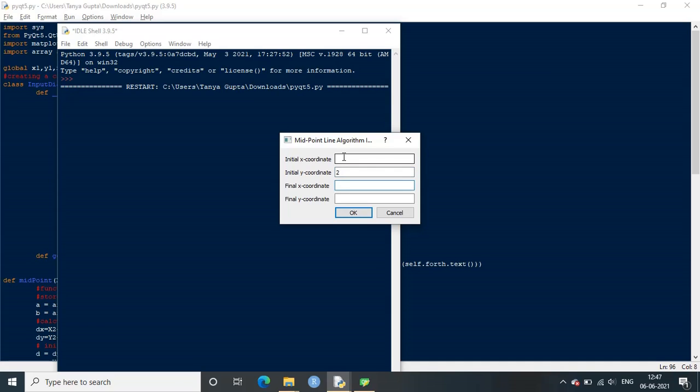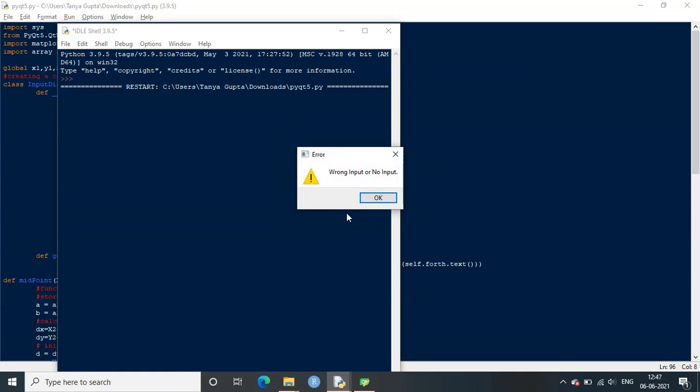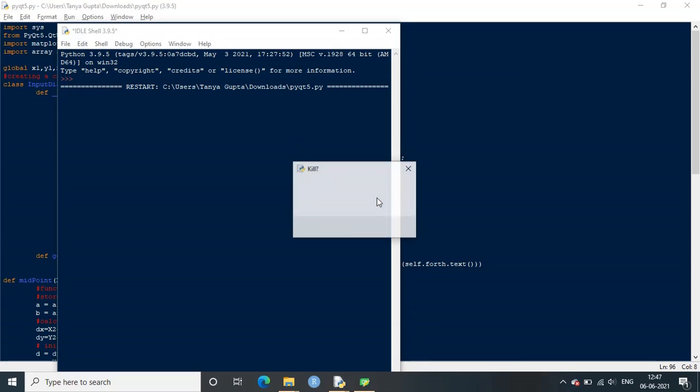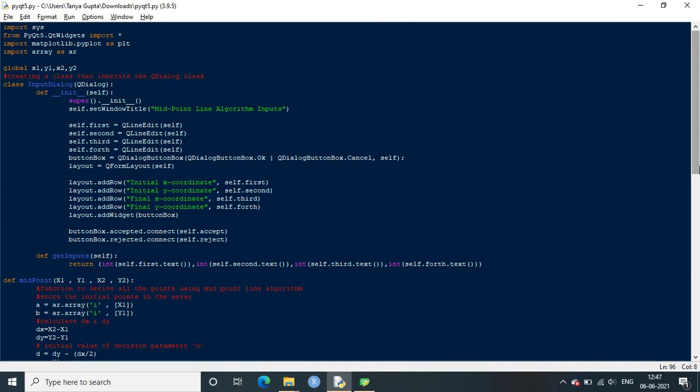I'll enter none of the values. Similarly, it will show a warning message that you have wrong inputs or no inputs. So this is the execution of the simulation of the midpoint line drawing algorithm using Python.